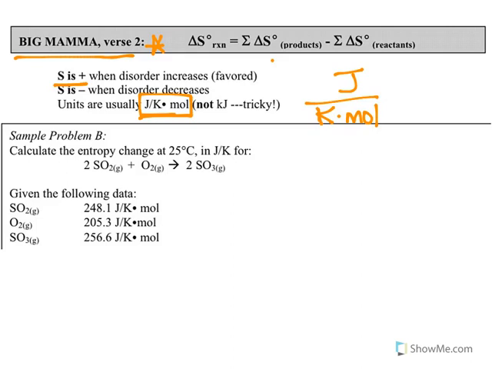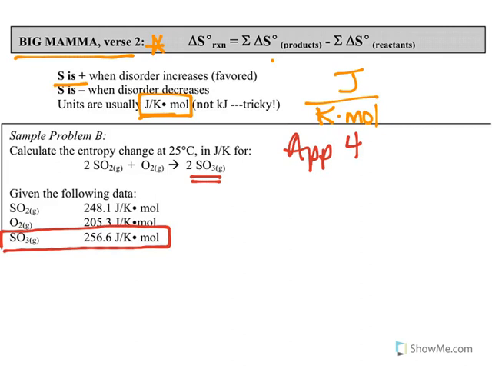But we're going to use a table of values just like we did before. In this case, we're going to look at Appendix 4 again, so you should look for that posted in Schoology. So let's go ahead and try this one and see what we get. Again, we're going to take our product first. In this case, it is the SO3. We have 2 moles of that, so we do have to account for that. So our delta S for the reaction will be 2 times